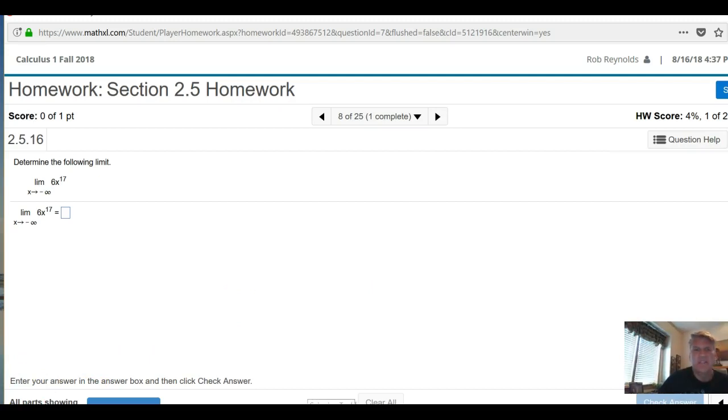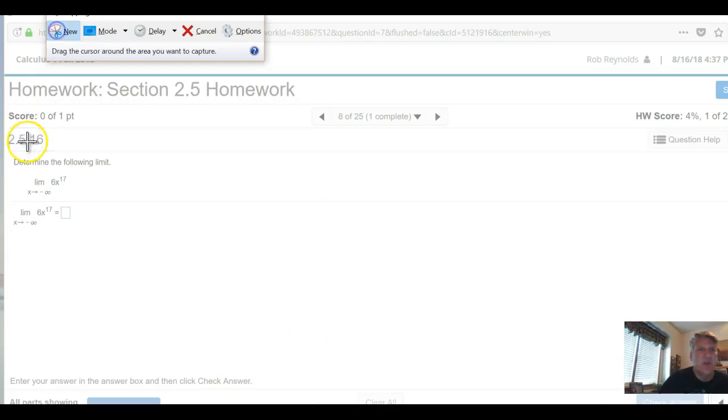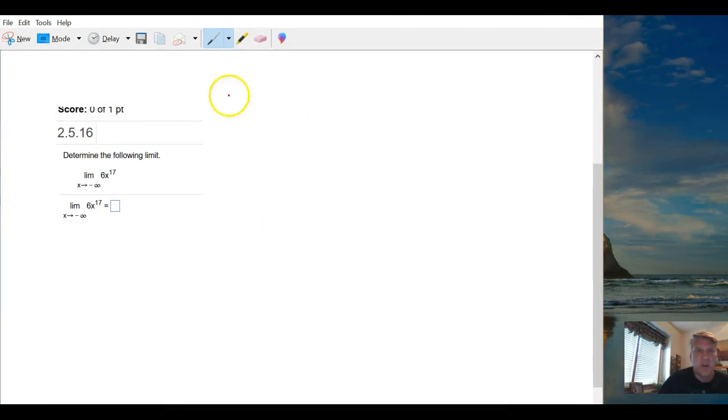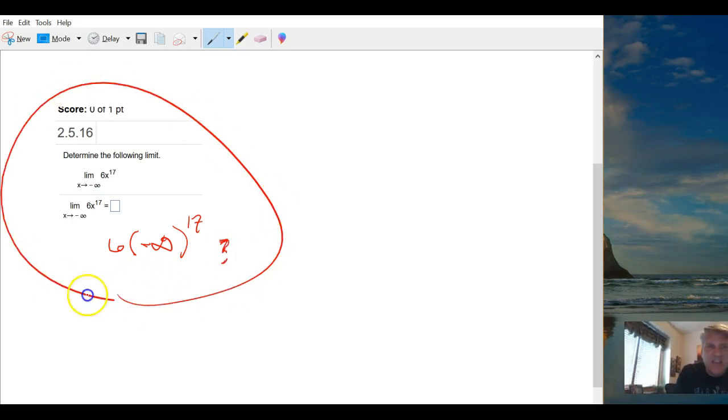Another thing I wanted to talk to you about was snipping tools. In case you knew how to start a particular problem, you can always just choose snipping tools. It's a program that's already on your laptops, whether it's a PC or a Mac. Let's suppose you know something about the problem, and you can get started maybe by, I don't know, maybe you think you're going to plug in negative infinity here, but you can go ahead and just write what you know and how you started the problem,